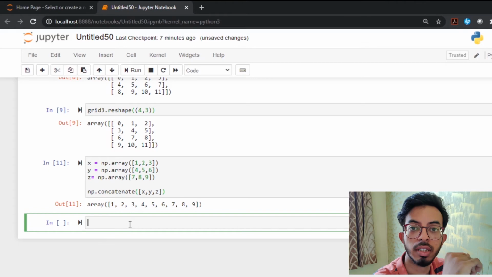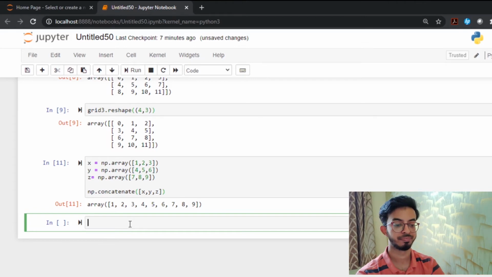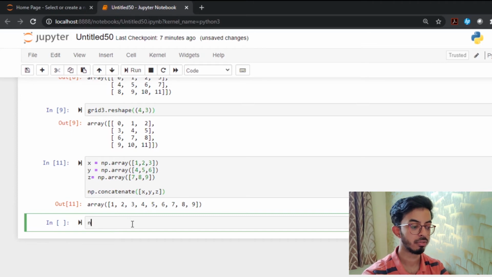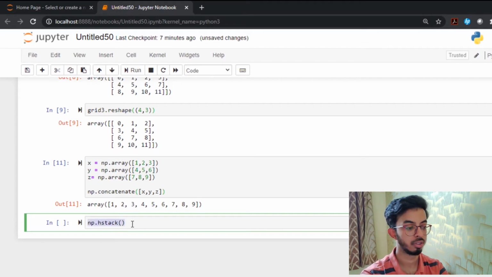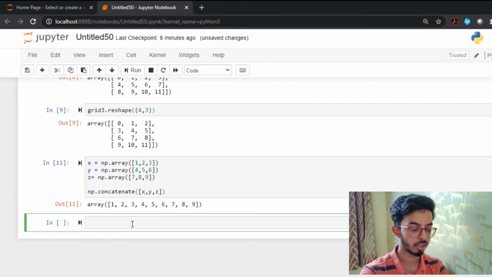The other two methods are vertical stacking and horizontal stacking. The functions for that are np.vstack and np.hstack. Now I would need a 1 by 4 matrix.